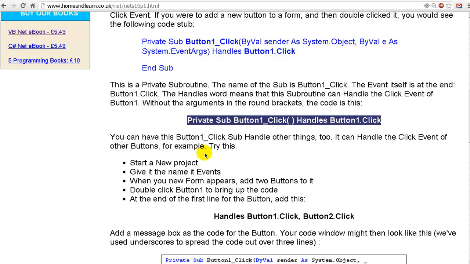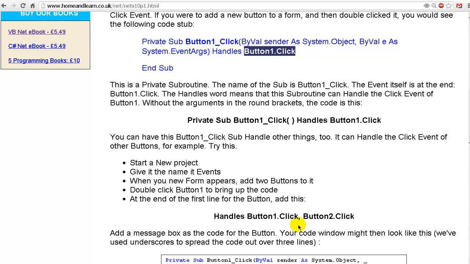For example, try this. Start a new project, give it the name events. When your new form appears, add two buttons to it. Double click one button to bring up the code. At the end of the first line of the button, add this. So after this, put in this as well. We have a second button, and we're going to put it here, comma that. That means that the same code that you put in here will run when button 2 is clicked as well